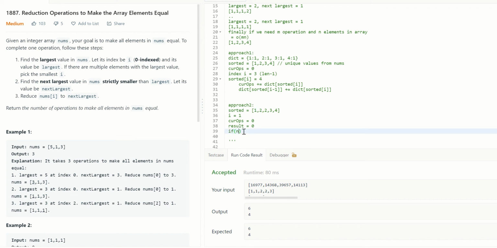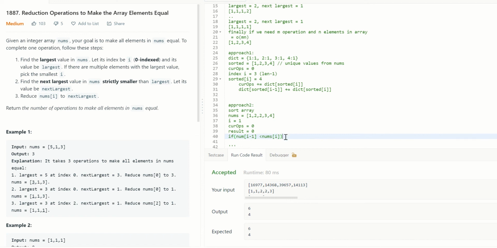So basically, since I'm calling sorted, let's call this nums. We know it is sorted. First, we will sort the array, like that. So if nums of i is less than nums of i plus 1, we can start with i equal to 1. In that case, what we can say is nums of i minus 1 is less than nums of i.